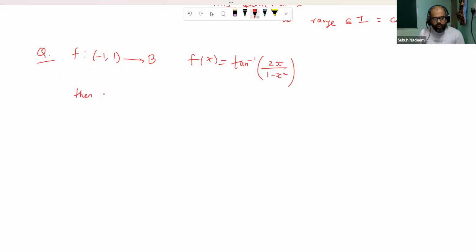Then f is both 1-1 and onto when B is in the interval